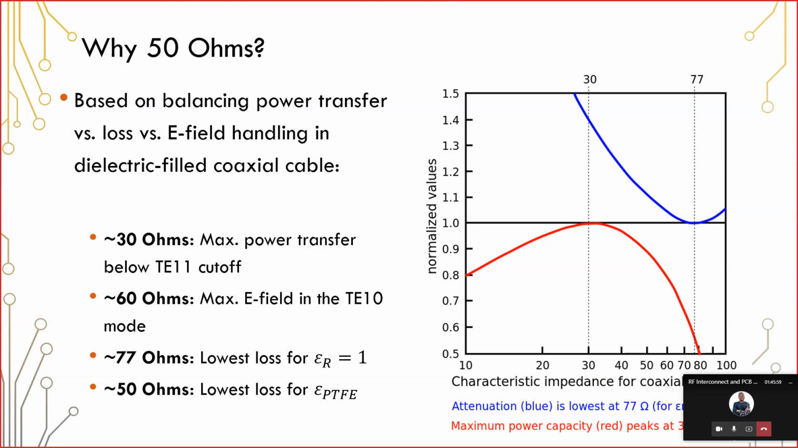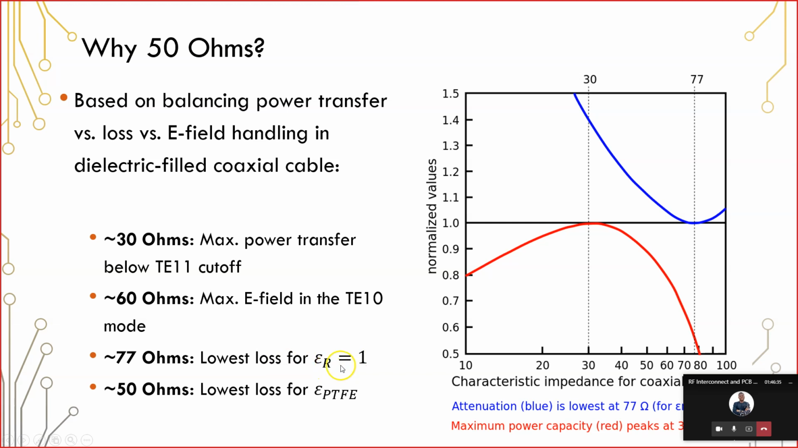In a dielectric filled coaxial cable, you get maximum power transfer below a certain mode excitation at 30 ohms, and that is shown here in the red portion of this graph. Or you can get the lowest losses when the impedance is 77 ohms. This might be a little counterintuitive, but it's really about adjusting the inductive and capacitive contributions to the impedance in a coax cable. Now, of course, this is when epsilon r, the dielectric constant in that coaxial cable,